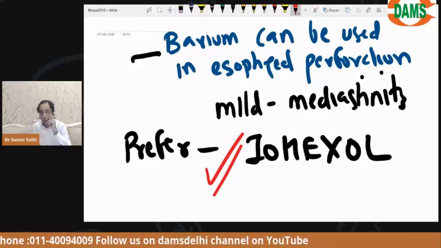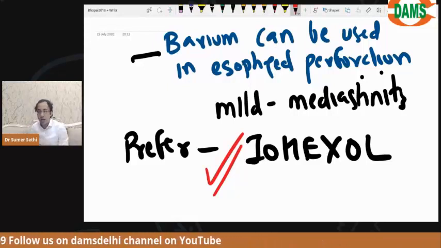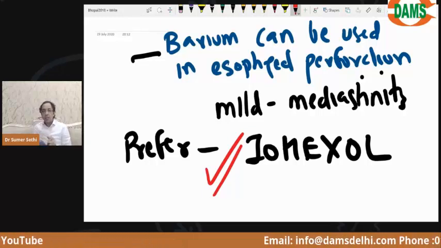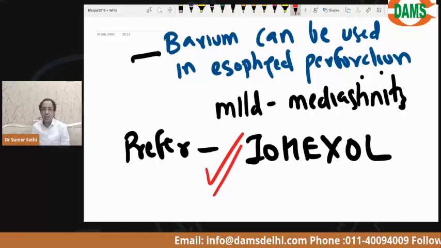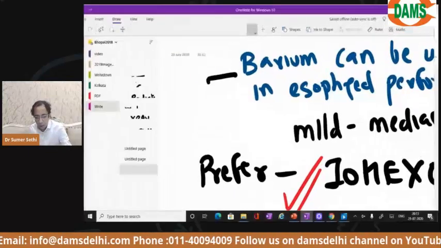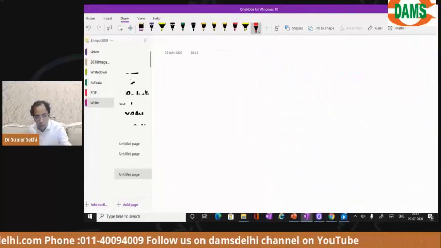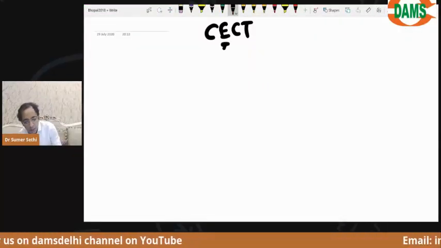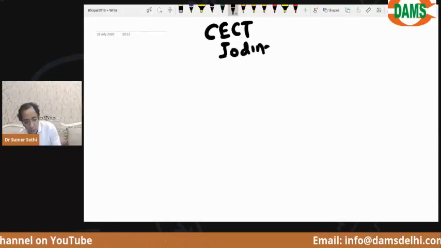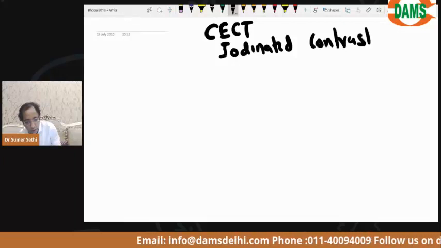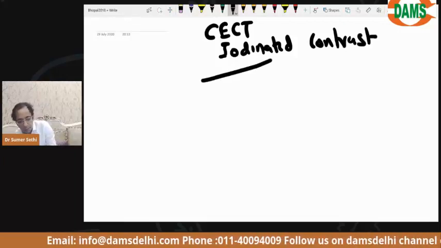Yes. And the commonly used dye that we use in CT are non-ionic dyes. Commonly we use monomers. Dimers we only use if the patient is having some risk like renal insufficiency. Now we need to know as a doctor, whenever we are doing a contrast enhanced CT and we are giving the patient iodinated dye, iodinated contrast, the risk is some people